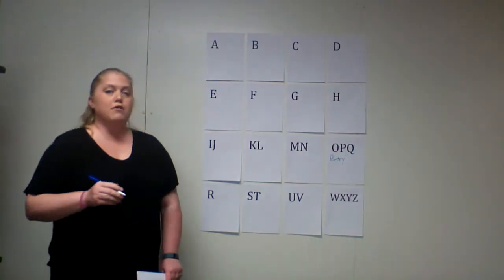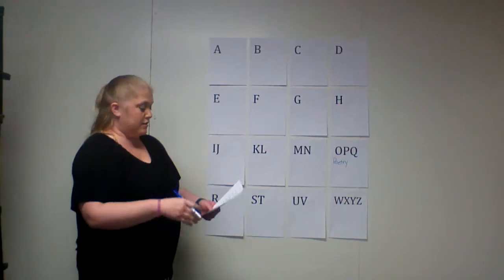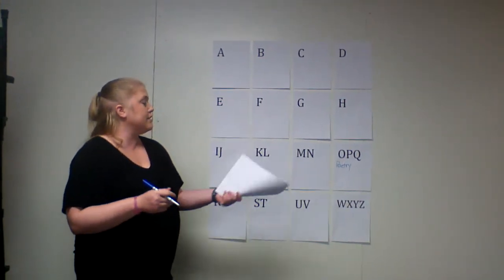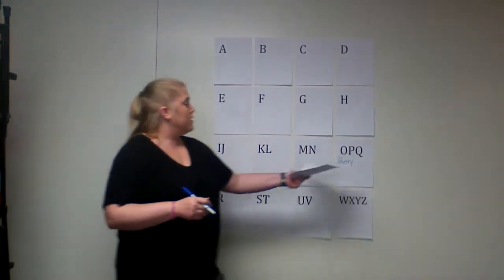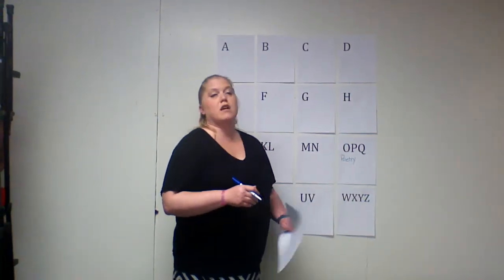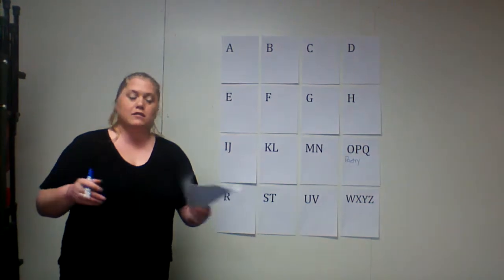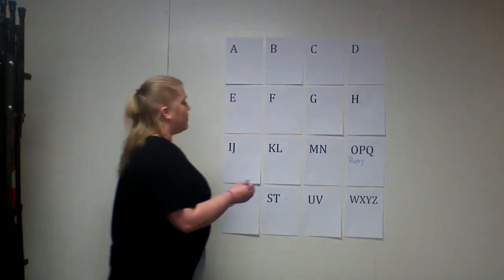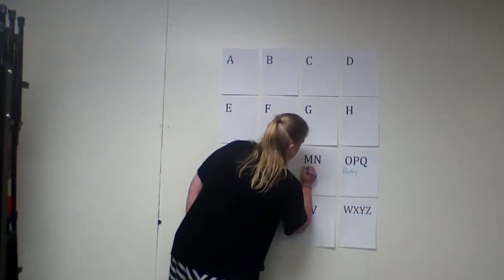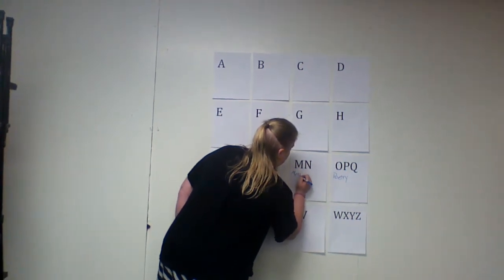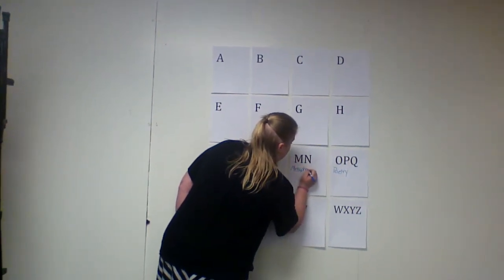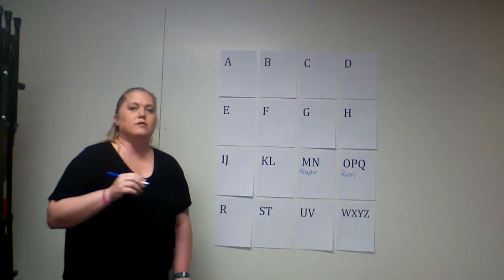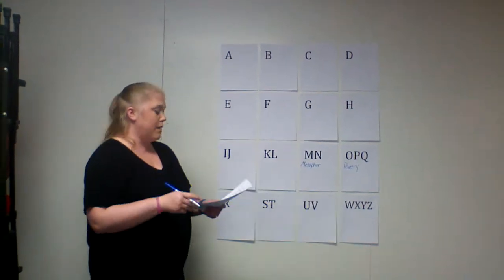Right there. We know that poetry is the literary work expressing feelings and ideas. Again, it can rhyme, it cannot rhyme. Poetry's right here. Every time you see it, you'll think about what it means, hopefully. Metaphor, under M. Metaphor is comparing two things without using like or as. Metaphor.